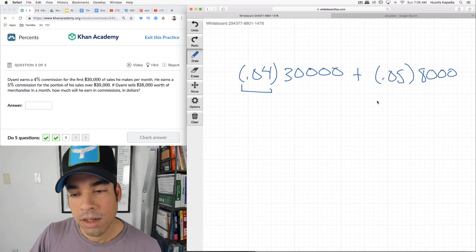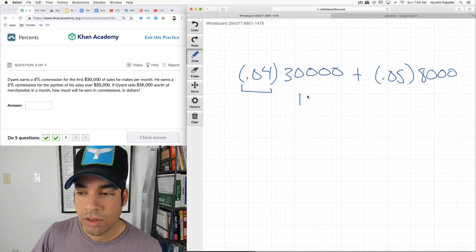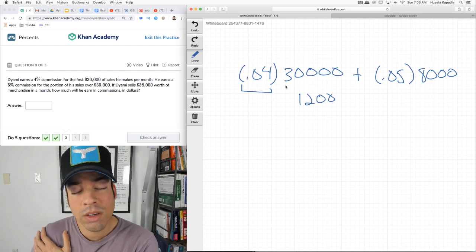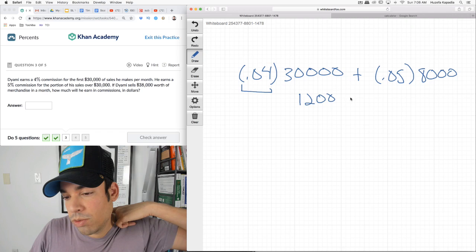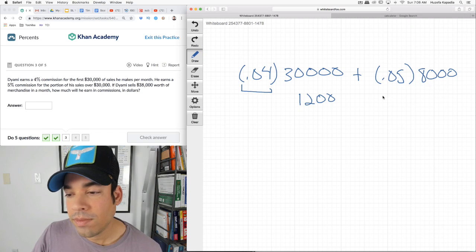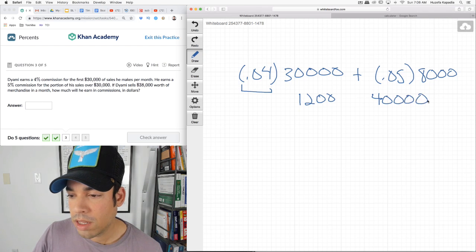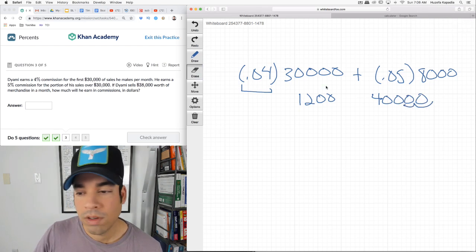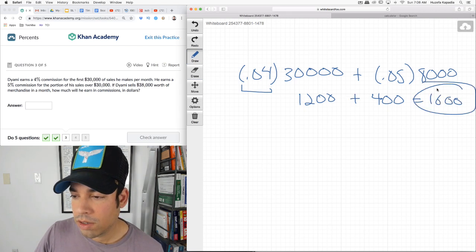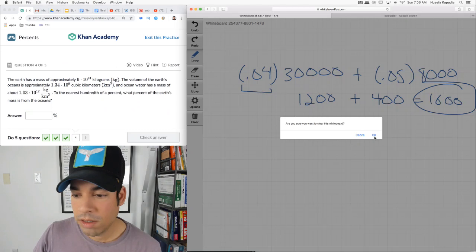And that's it. I think, let me think here for a second. I can do this mentally too. So 4% of 30,000 is 1,200. It's like multiplying this by 4, which gives you 120,000, and then just move the decimal spot once, twice over. So you get 1,200. And then this one, it's like you multiply it by 5, right? So it's 40,000, and then move the decimal spot once, twice over to give you 400. And there it is. There's the total, 1,600. Next,